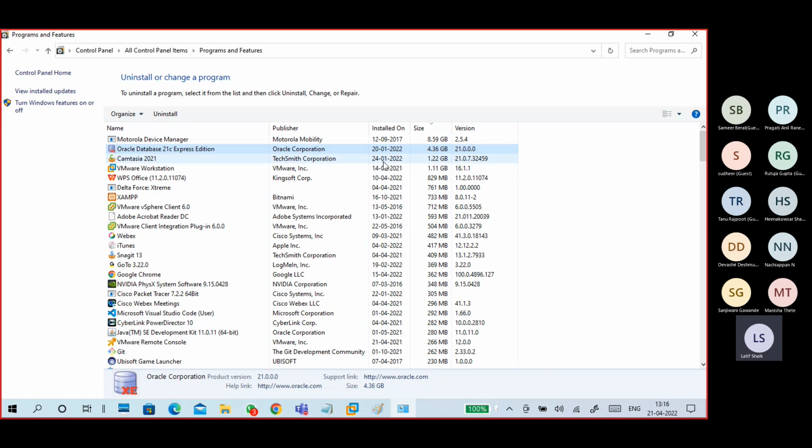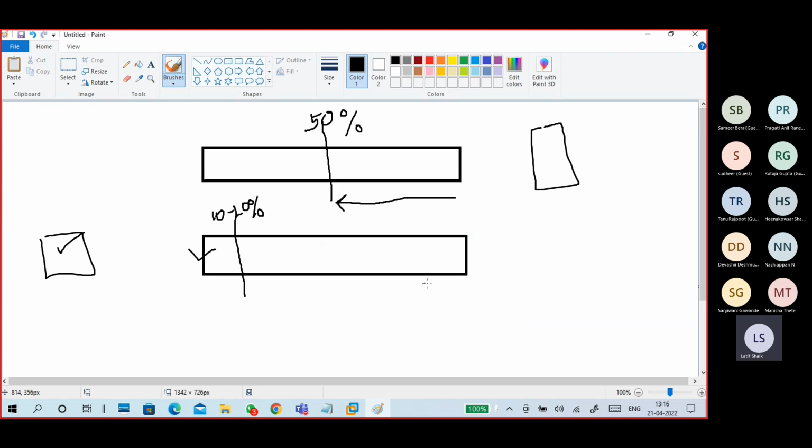I will install a lesser edition, or maybe I will install it in another virtual machine. I practice only 2 days, and then I leave it. Usually I don't touch it. That 12C is not required.